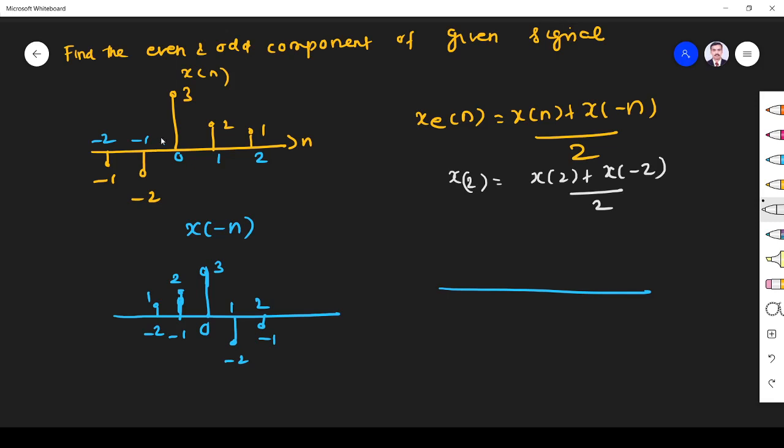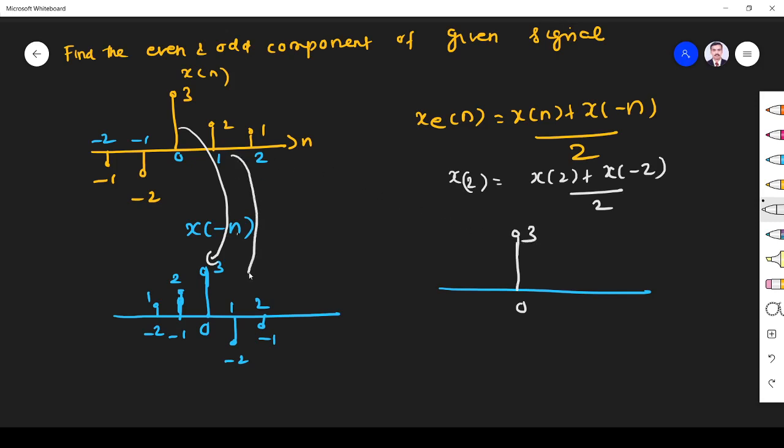Here or not? Otherwise, you see here when you substitute n is equal to 2, what will happen? It is minus 1. Here you substitute n is equal to 2, it is plus 2. Both are giving the same answer. So it is like 1 to 1 addition only. So you add these two. So what will happen? 3 plus 3, 6. That is divided by 2, 3. So add to 0, it is 3.